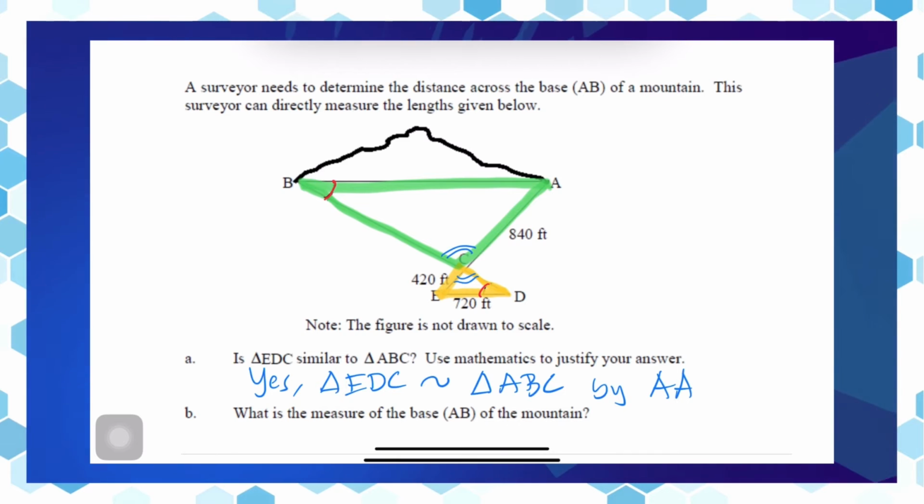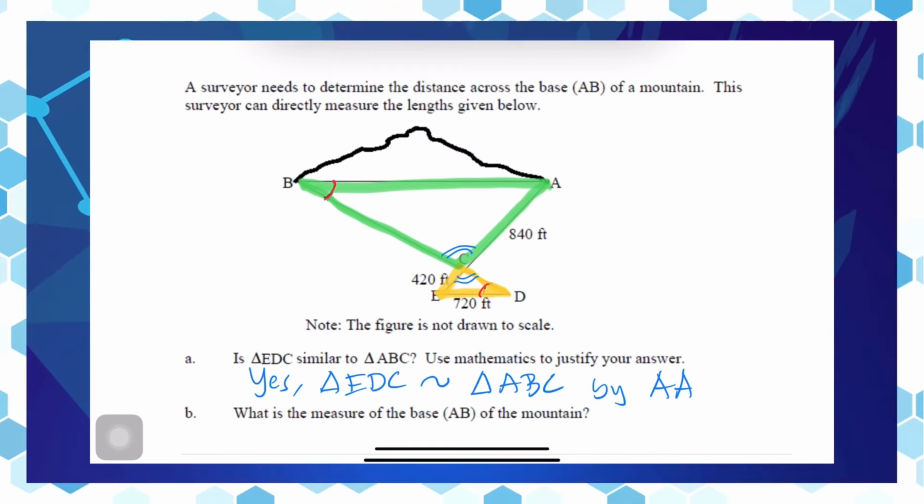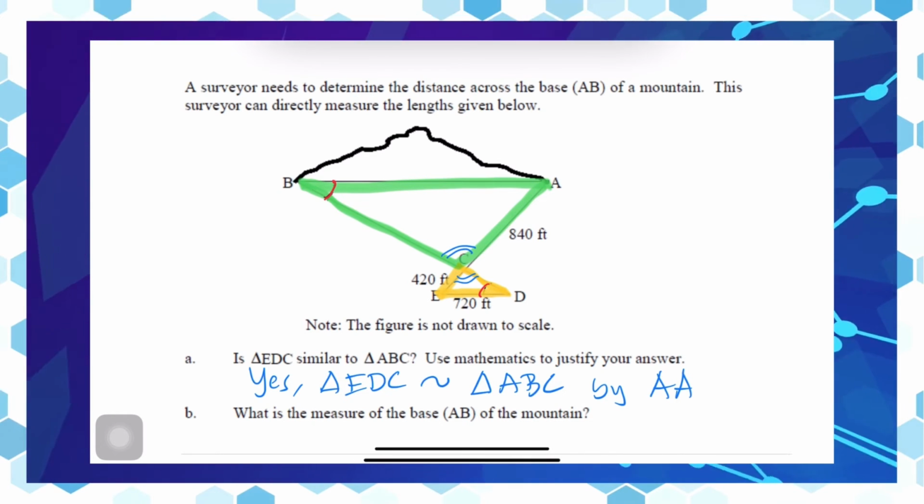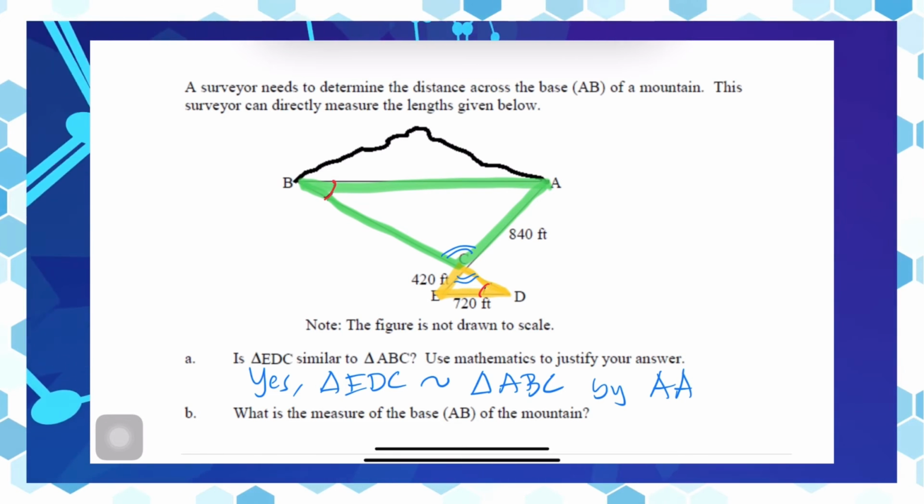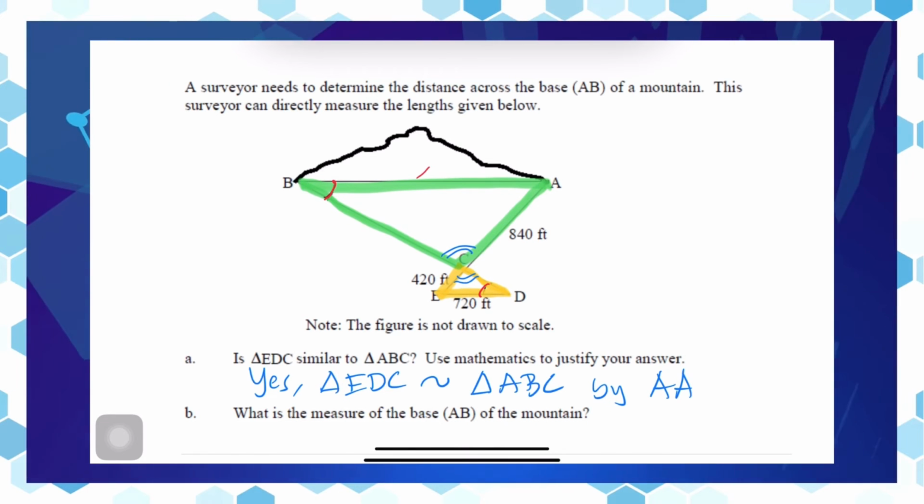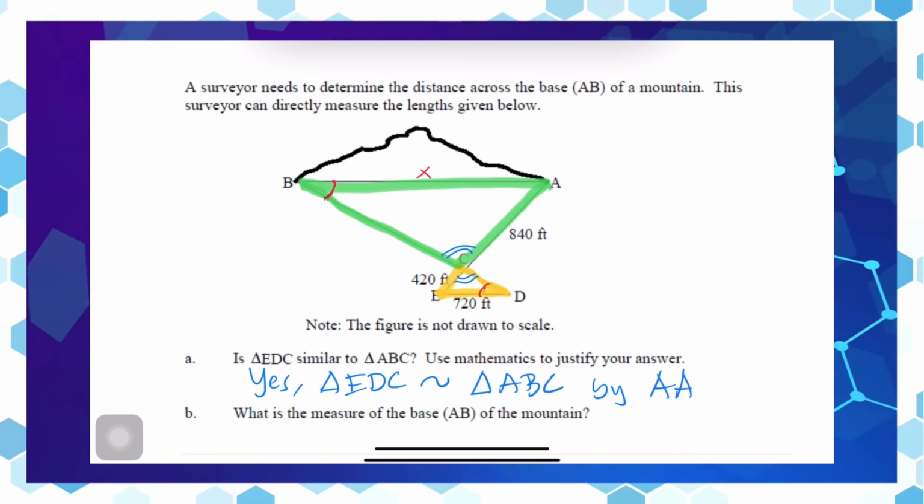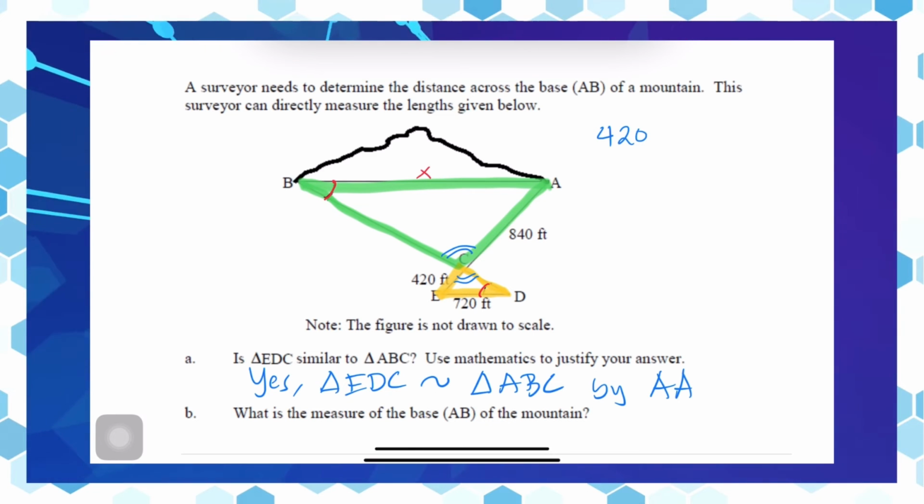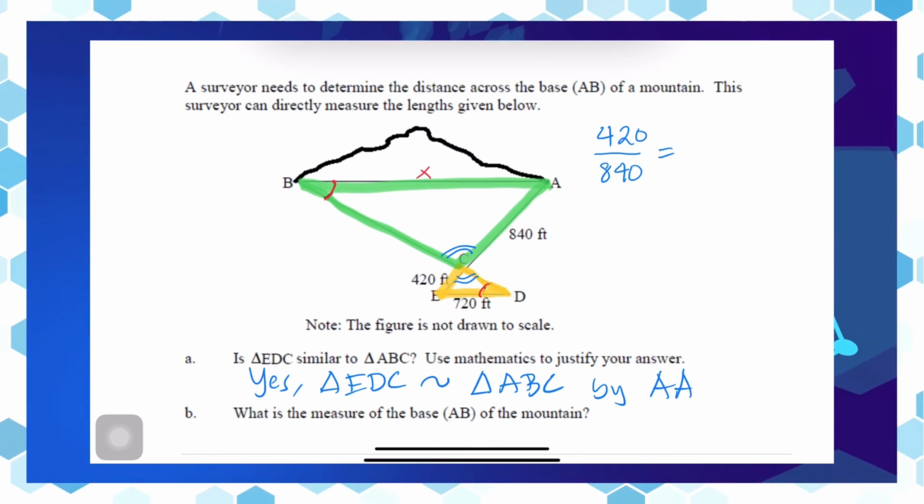The second question of the problem, we're asked to find the measure of the base AB of the mountain. Since the two triangles are similar, we can set up two equal ratios to form a proportion in solving for the missing side. So let's go ahead and use a variable to represent AB. In this case, I'm going to use x to represent the length of AB. Let's go ahead and set up the proportion. 420 corresponds to 840, therefore we have 420 over 840 as a ratio. Also, we have 720 corresponds to x, so we have